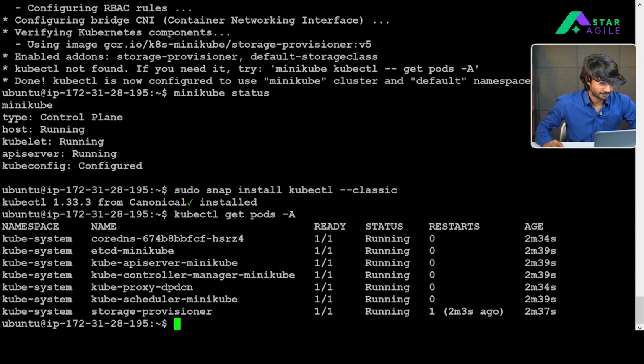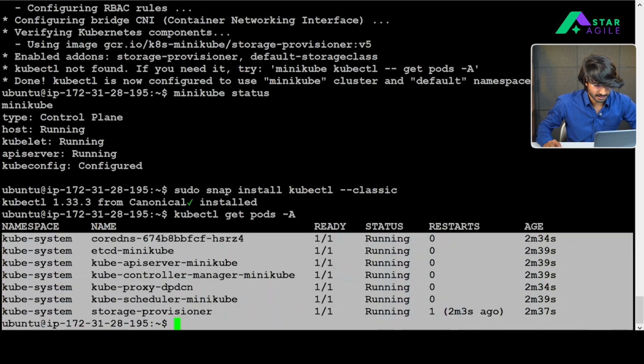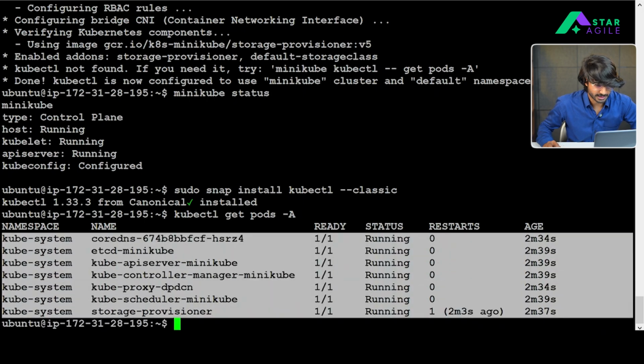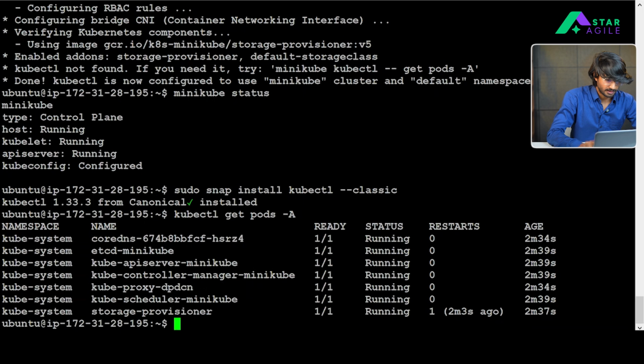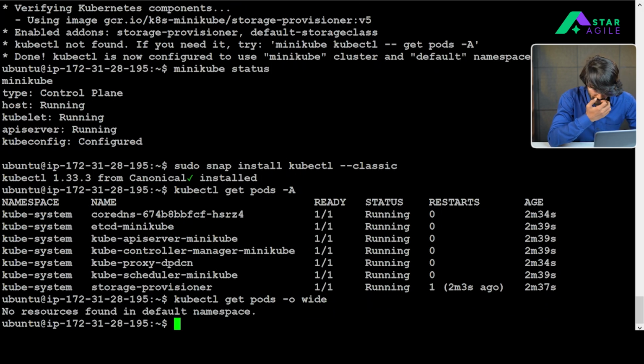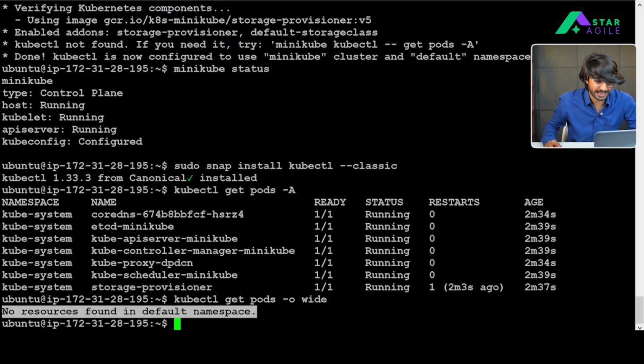As you can see, people, these are the Kubernetes components which are up and running, and let me run a particular command which will give you complete details. So as you can see, it says no resources found in default namespace.